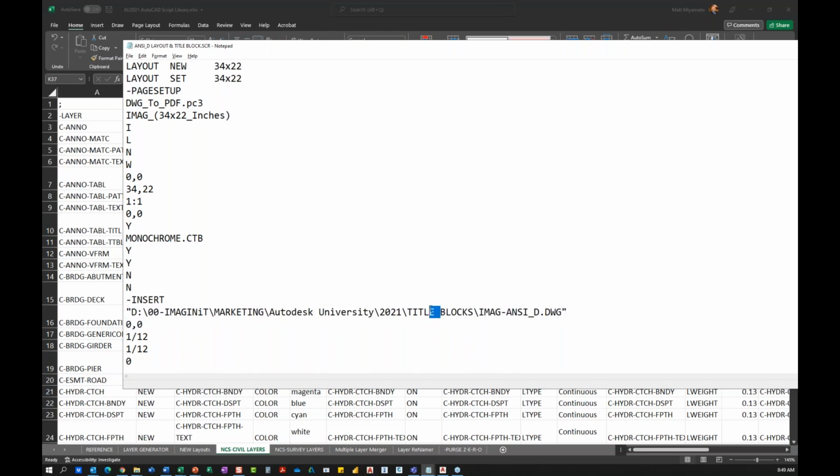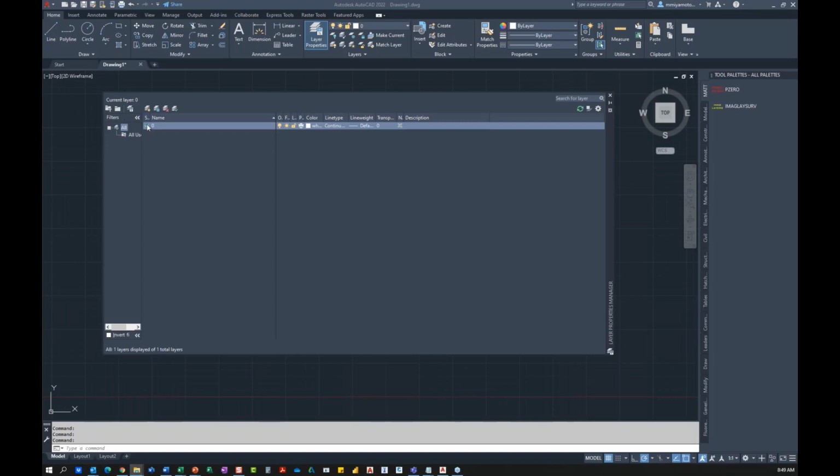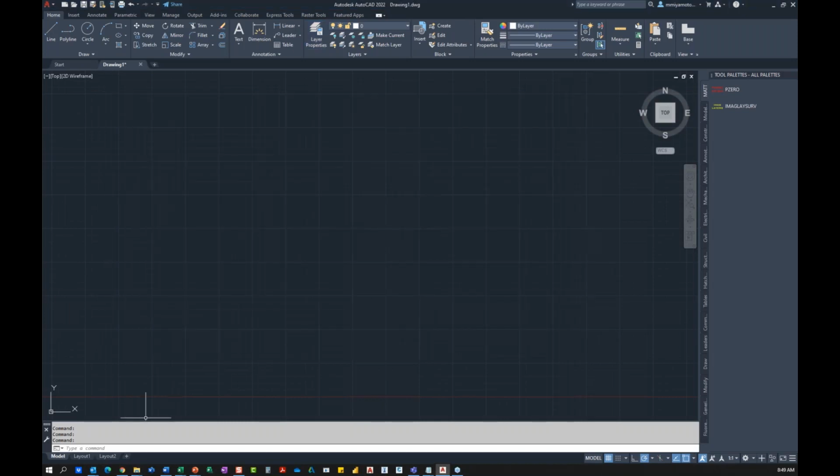And you can see here that this one's got spaces in the name. So what I had to do for that one is just add the quotation marks around it at the end, and that quotation mark will let it read the file. So if I've got this script file and a blank AutoCAD drawing, or a standard AutoCAD drawing here that doesn't have a current 34 by 22 tab, so right now it's just got layout 1, layout 2,